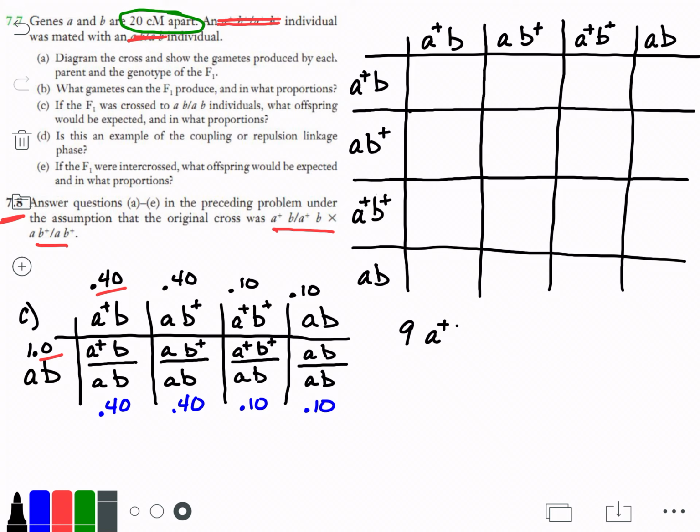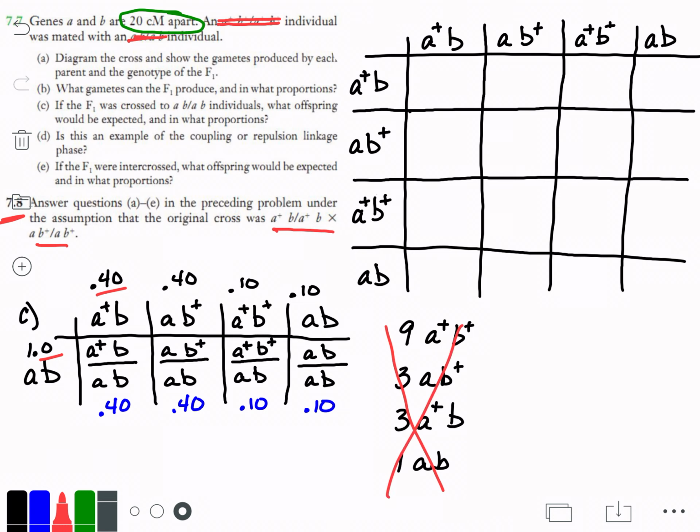3, let's do it this way, 3 that show each of the intermediate phenotypes, and 1 that's totally recessive. Now this is telling us how many boxes out of 16 we're going to have. And that's still true when we talk about phenotypes. The problem is, in a linked case, each one of our boxes aren't worth the same part of our percentage. So we can look for 9 to 3 to 3 to 1 in the boxes, but not in our total